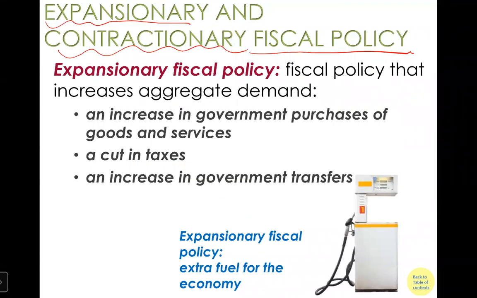First, expansion of fiscal policy. Okay. So they can achieve this goal. Basically, they just give the economy more momentum, run faster, right? So they can increase government purchase of goods and services, increase G. They reduce tax, okay? Or they increase government transfer,